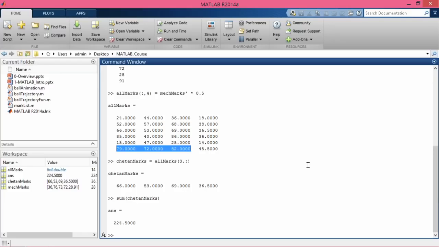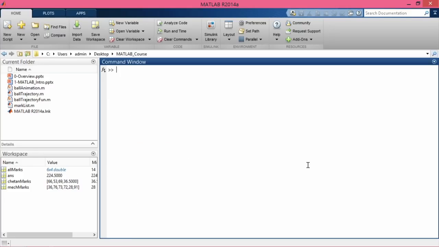Okay. How do I do that is I will clear the screen over here, all marks. I wanted row numbers 4 and 6. So, in square brackets I will put rows number 4 and 6, then separated by comma, and I will put all the columns that I need, and the columns that I needed are 1, 2 and 3. When I put that and type enter, I am going to get the marks of Deepak and Farah in the